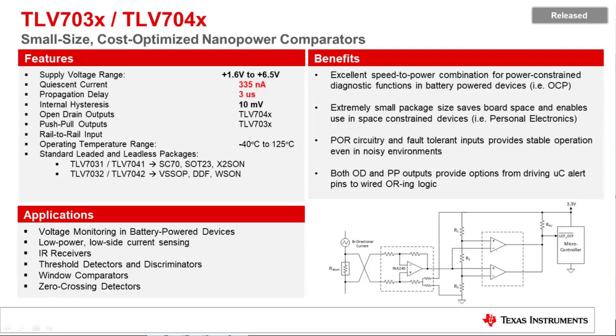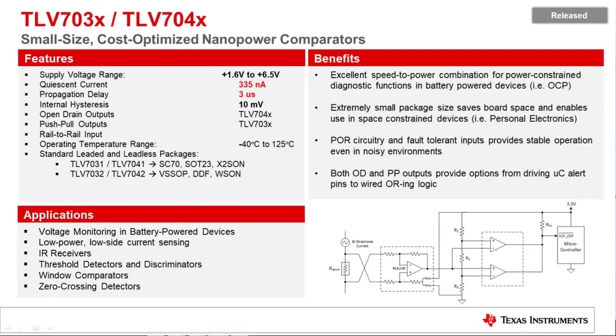Now, one other thing that I'd really like to point out about this family, and this is something that will be ongoing for all of TI's new comparator developments. We've taken this input directly from customers we've spoken to in the field, and we've developed something into all of our designs now that we call POR, which stands for Power On Reset. So Power On Reset is essentially a way for you to know exactly what the comparator output will be as you ramp up the supply to your comparator.